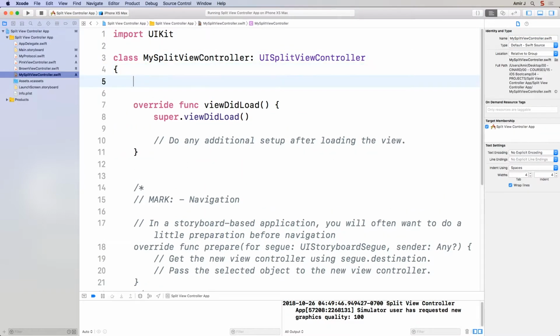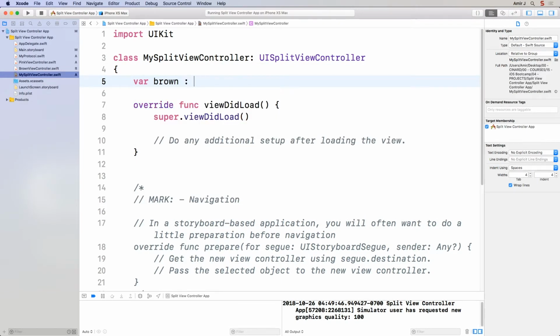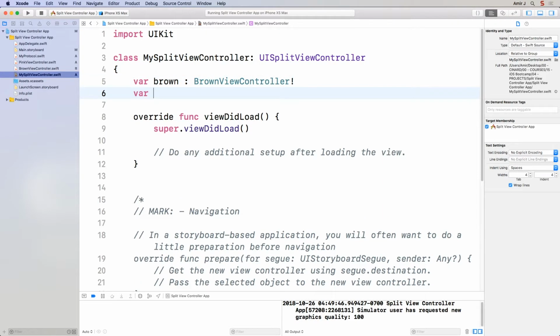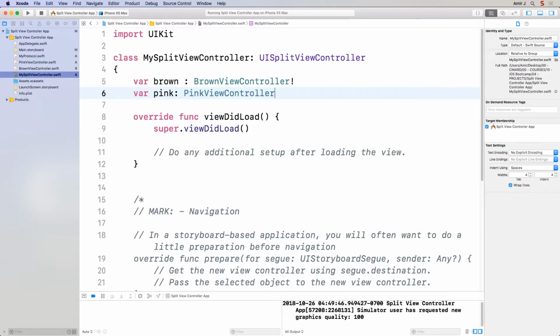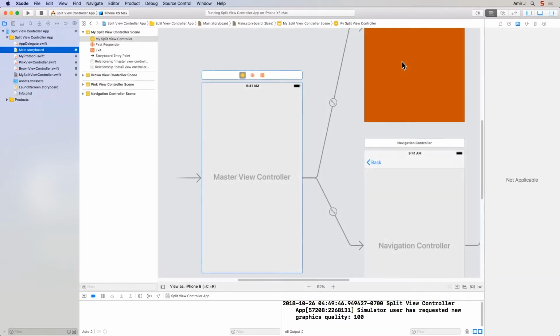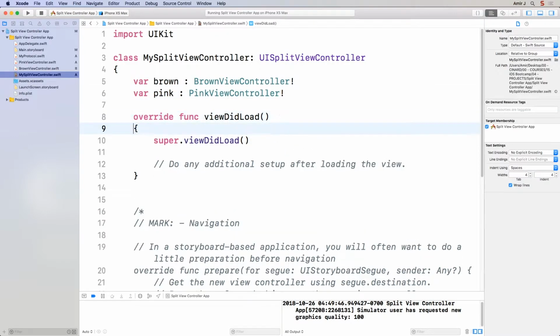And the first thing I'm going to do is get two variables. One of them is going to be called brown, and my brown is a brown view controller. And then I have a variable pink, and that is a pink view controller, like that. So far in my split view controller, these two are just mere variables. They have no relationship with the destinations of the two segues in my storyboard. So that's something I still have to define, and I do that in my viewDidLoad